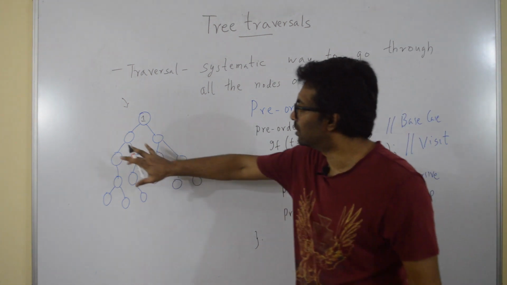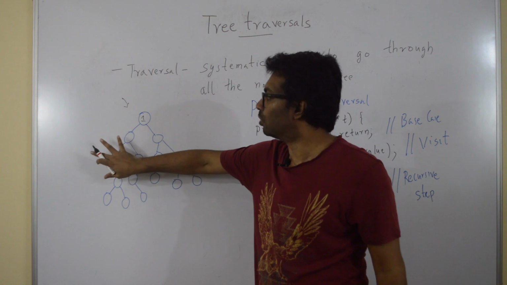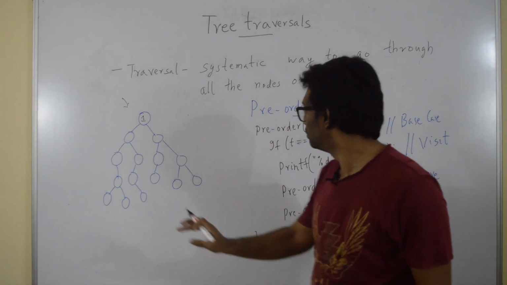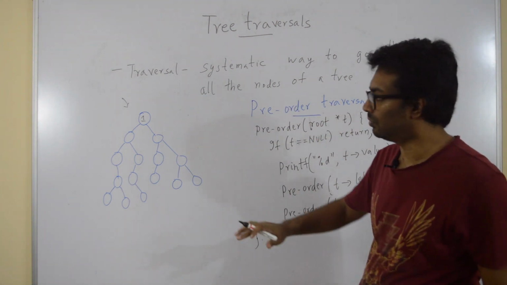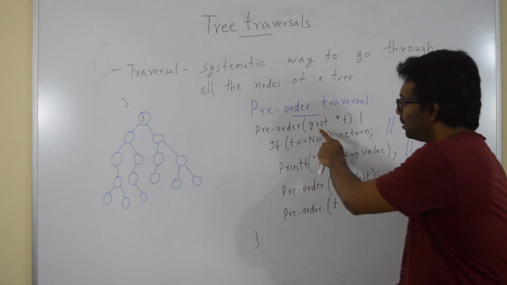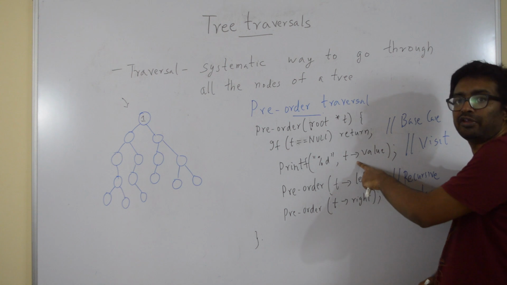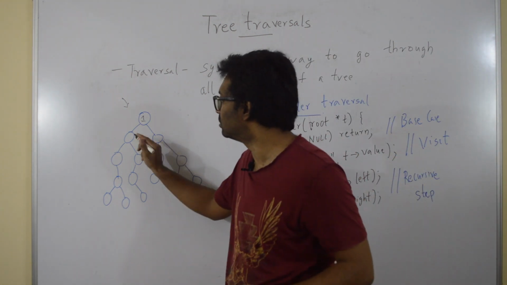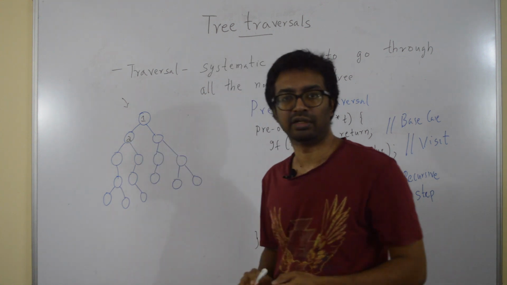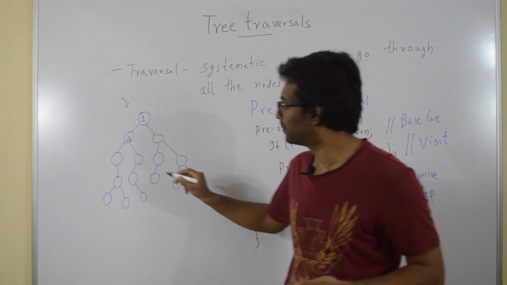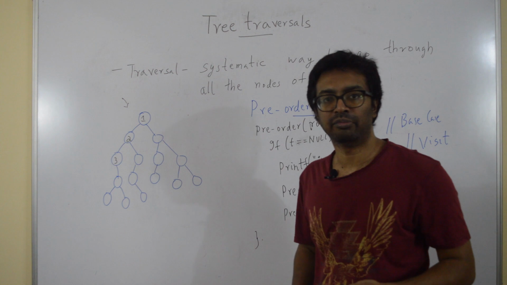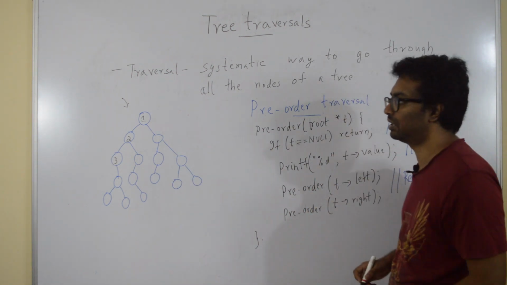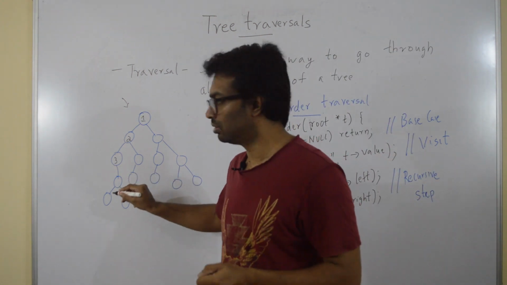What is t dot left? This pointer, right? This node is t dot left. You pass t dot left to pre-order. So you're coming here, and t dot left comes there, and you print the value at that node. That's you're going to visit this node. So this is second. What will be the third? Because you come here and you're going to visit its left child. Right? Fourth,